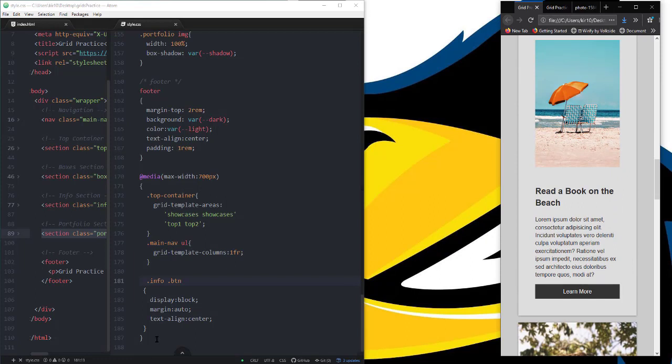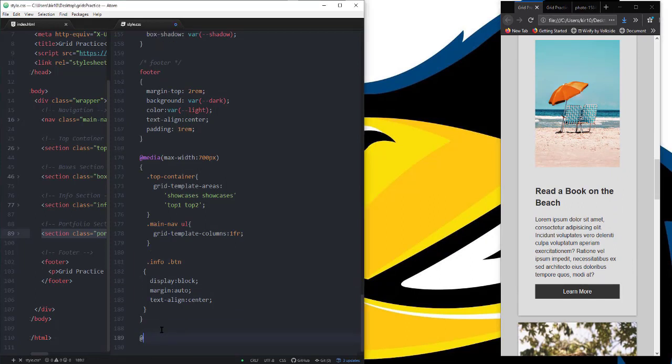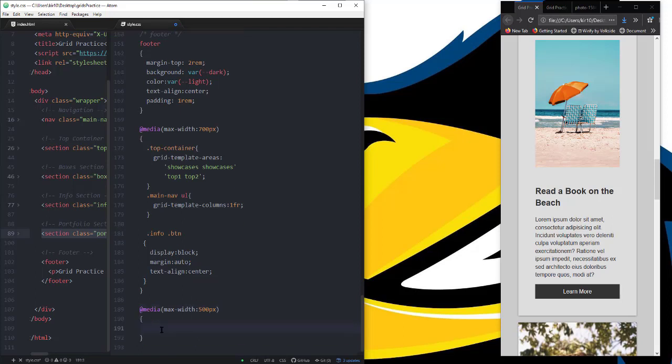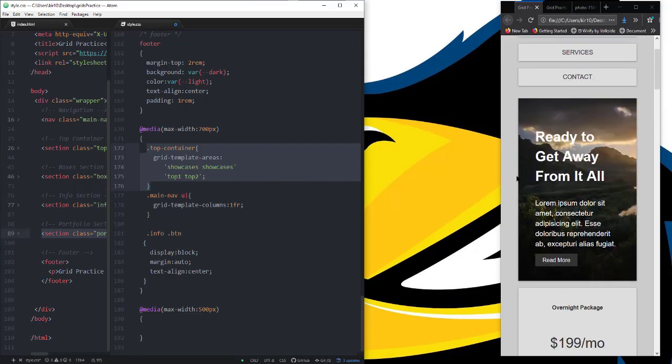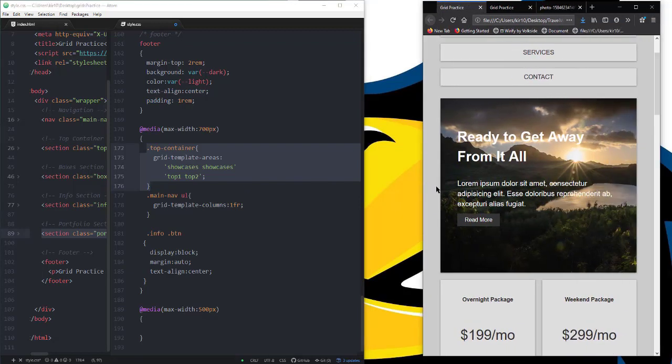So let's do one more media query. At media, and this time we're going to do max width of 500 pixels. So if you get below 500 pixels, all I'm going to do is redefine this template area. So I'm going to take this. Remember, what we're working on is this part right here, right? So I'm going to redefine this template area just like we did up here, except